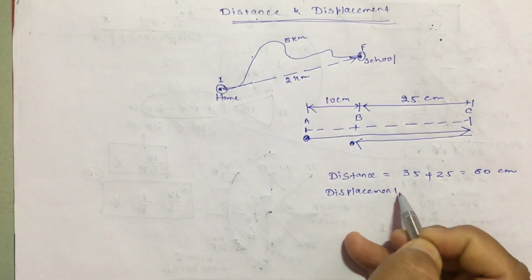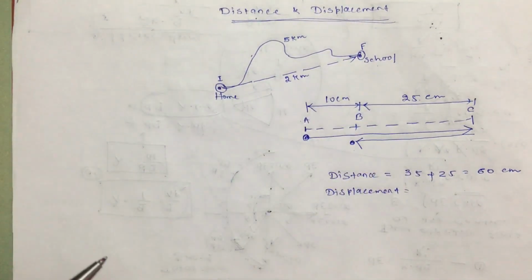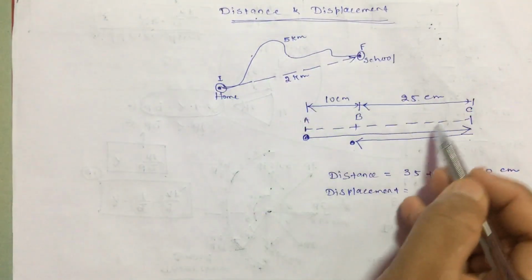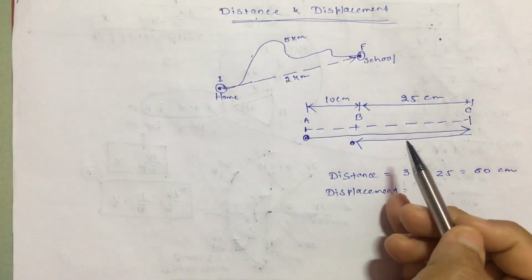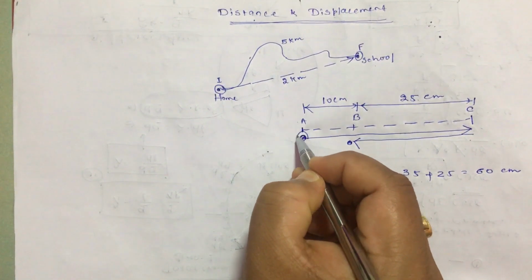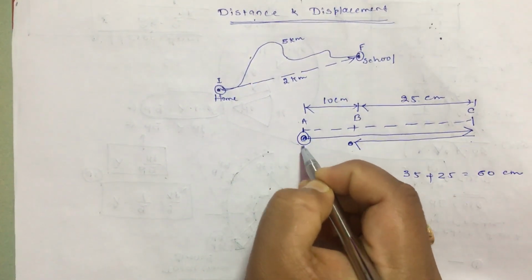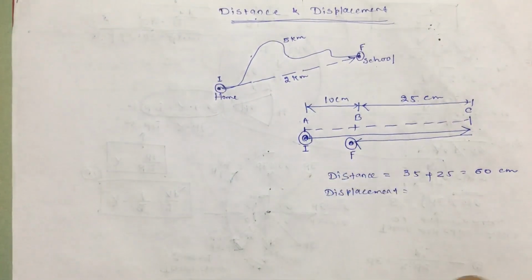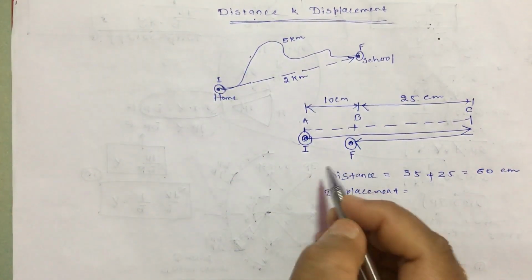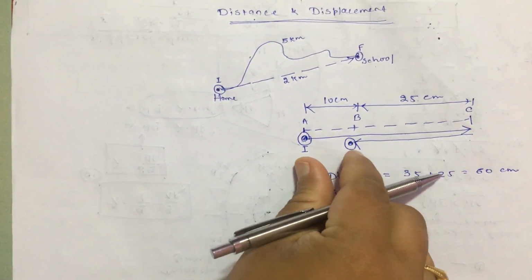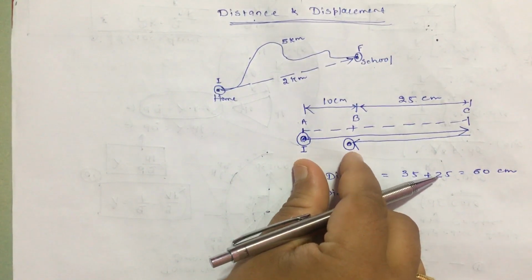See, for displacement you don't have to look at how it moved, in which way it moved. It moved from A to B or B to C, in a straight line or on an arbitrary path. You don't have to look at any of that. What you have to find is which is the initial point of the motion? This was the initial point of motion. And which is the final point of motion? This is the final point of motion. So from where to where did it move? From I to F. And this distance is going to give you the value of displacement.